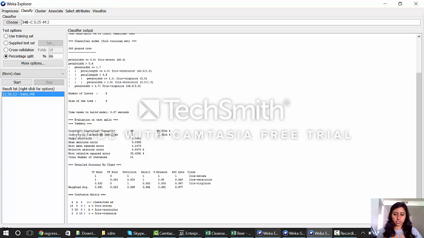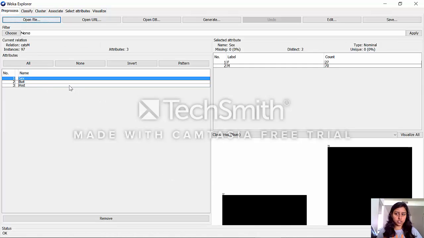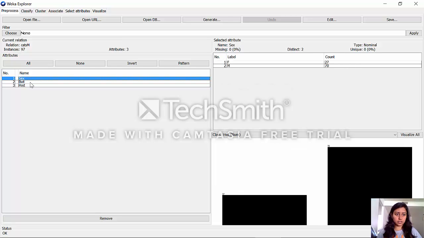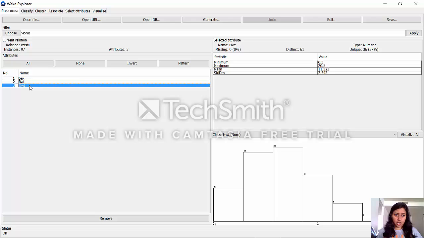Now we'll go through regression. For linear regression, the target variable should be either numeric or in continuous form. So regression models are used whenever we want to predict a target in a range. Here the data set we've taken is for predicting the heart rate of a domestic cat. So the heart rate can be from 0 to infinity. We want to see which variables the heart rate depends upon. So we have the sex of the cat, the body weight of the cat, and the heart rate is in